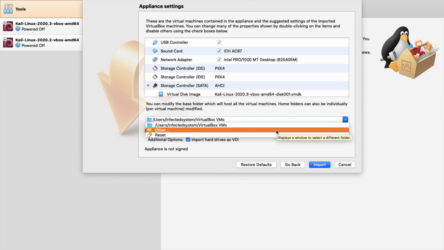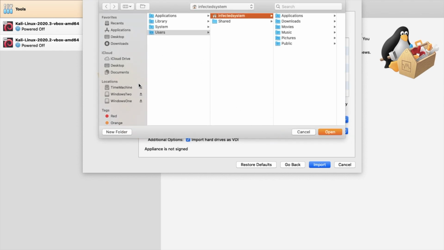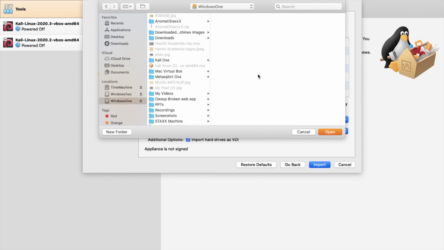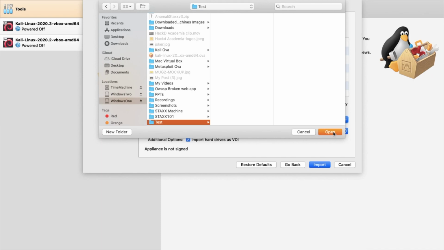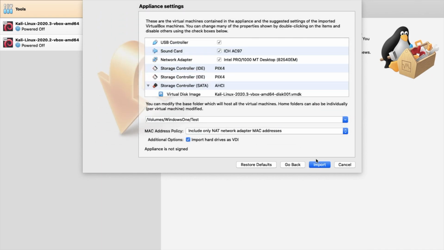I'll select the path. I'll create a folder, that is test. This is the folder I have selected. In this folder all the files will get imported. So click on import.